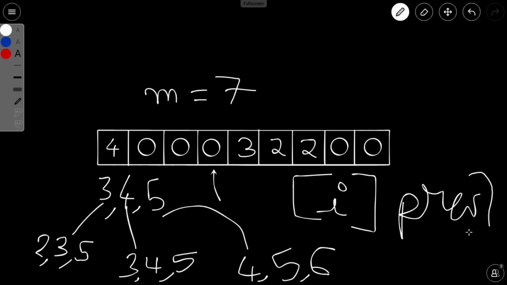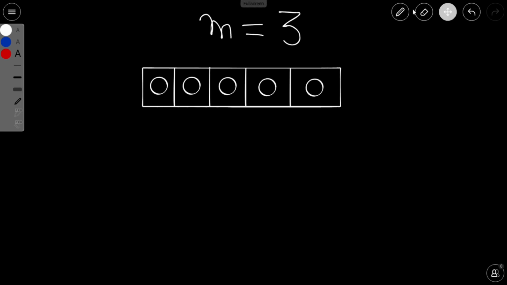So now we need to think of only a recursive relation. Now just pause the video and try to think of a solution. Now I'm going to tell you another hint. Let us say you have this test case where m is given as 3 and all the values are 0. This is the kind of corner case which you must think of. So what should be the answer in this case? In this case you are free to fill this particular element with any value from 1 to 3. So you can fill it with 1, 2, or 3. Any will work.